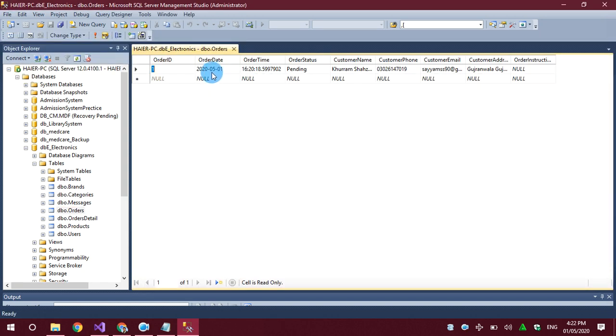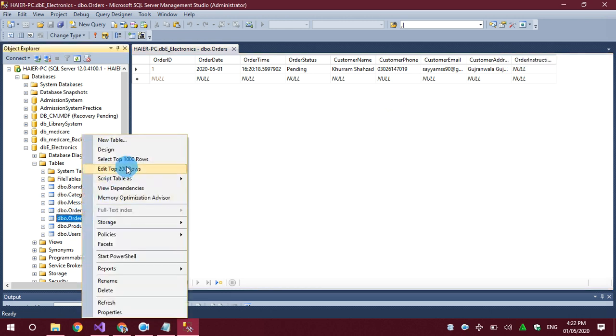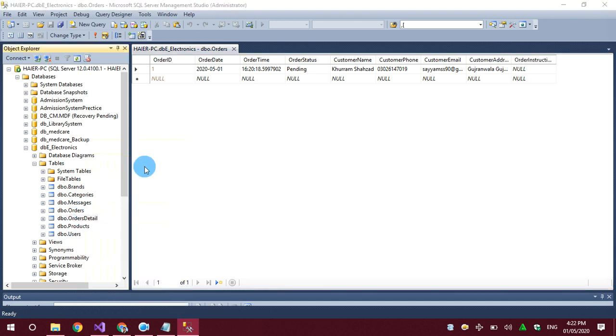Okay, the order has been saved with this order date and time, the order status is pending, the name is concatenated and inserted by the form, and this is the email. The order instruction is null. Now I'm going to look at the order detail.